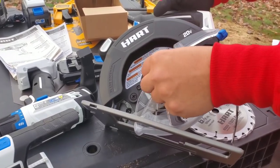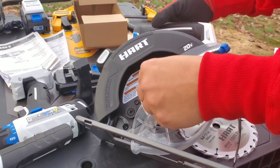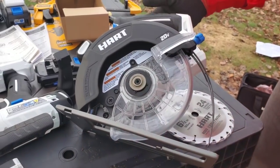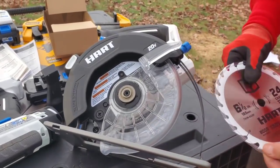But I don't know if my Ryobi... I don't know, guys. Obviously, it's Ryobi with some white lipstick, but the looks of it, just the color combination. All right, so